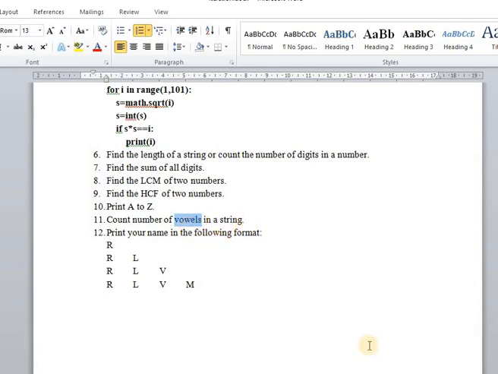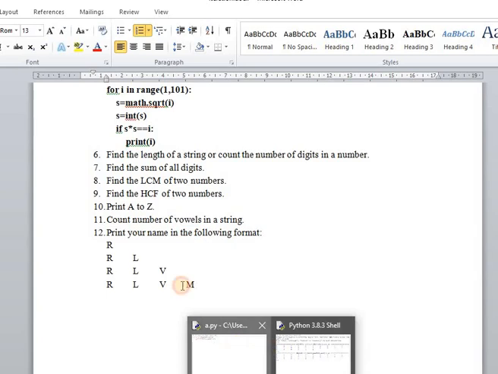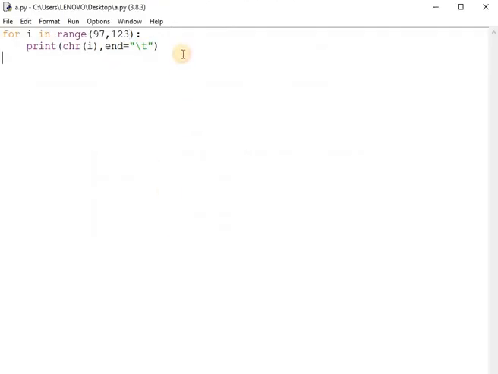In this case, you have to find out the ASCII code of each vowel. What are your vowels? Your vowels are A, E, I, O, U, and a, e, i, o, u. What you will do? You will make a list like this,